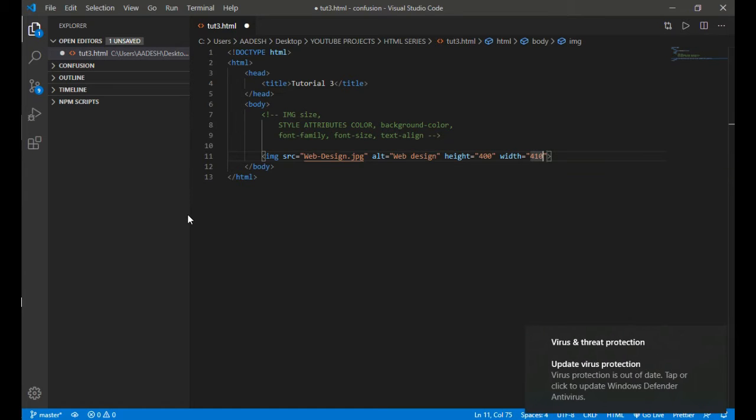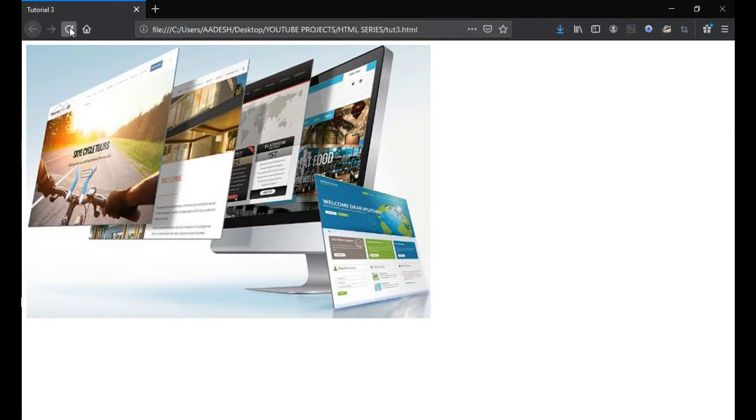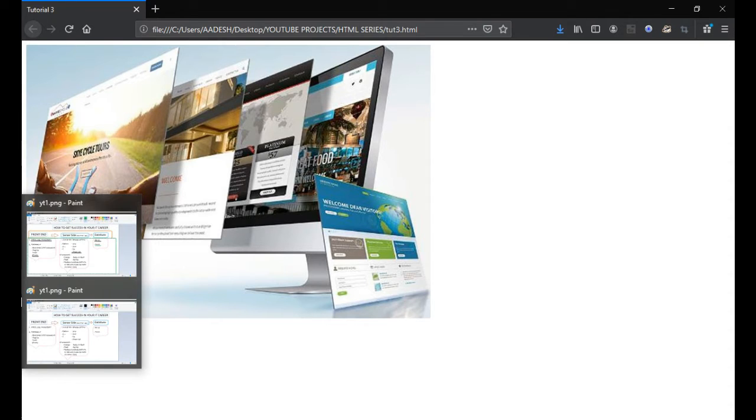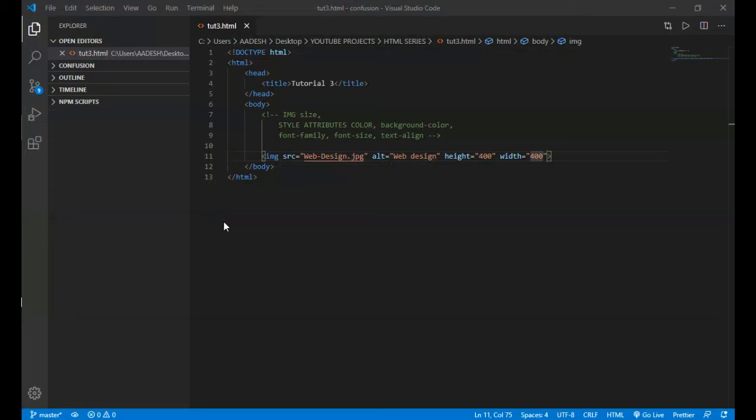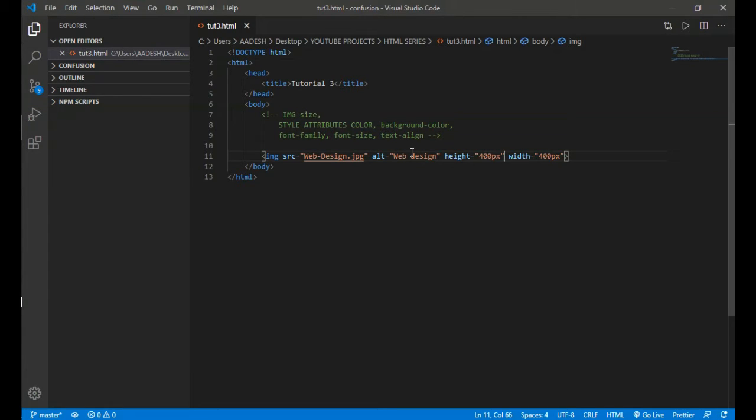So height 400 and width 400. Control S, refresh. The size is not changed, and why is it so? Let me check it out. Okay, I forgot to enter the pixels here, px. Refresh the page. Yes, now this is working. We can see the 400 by 400 size image.